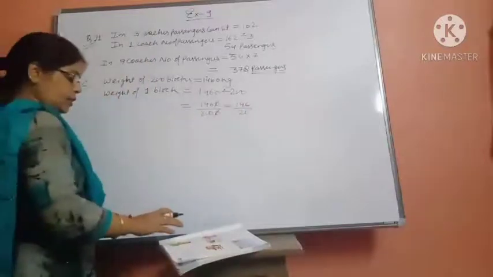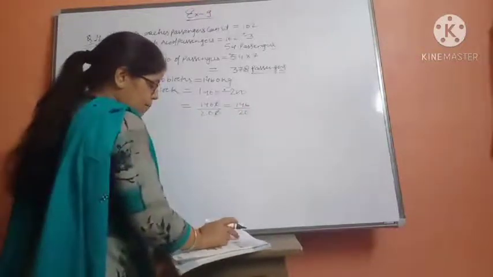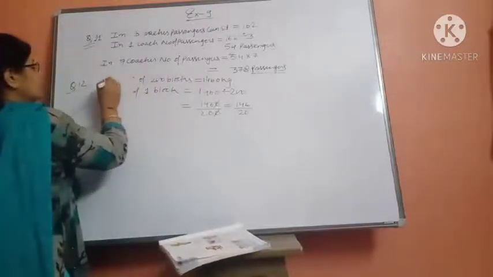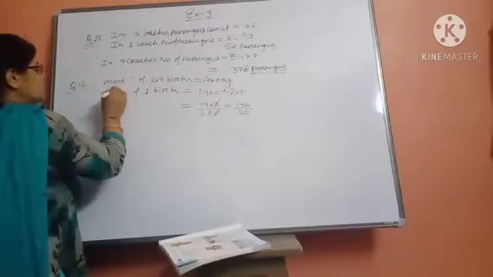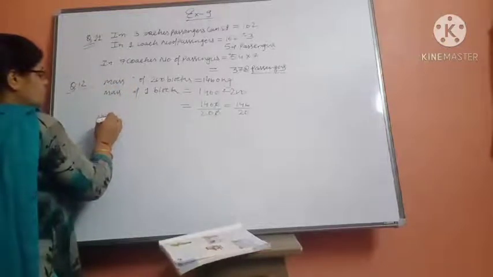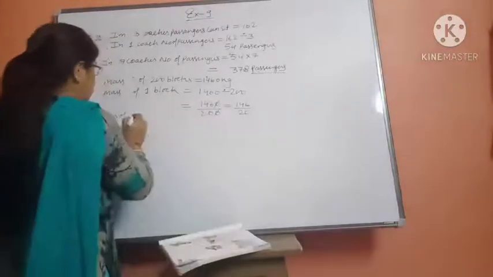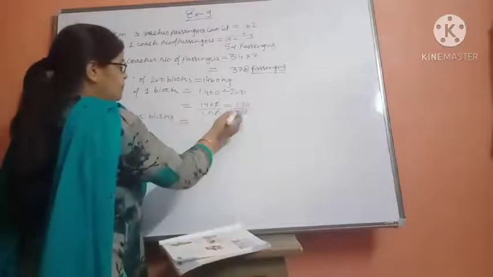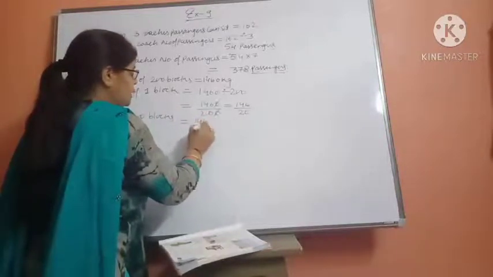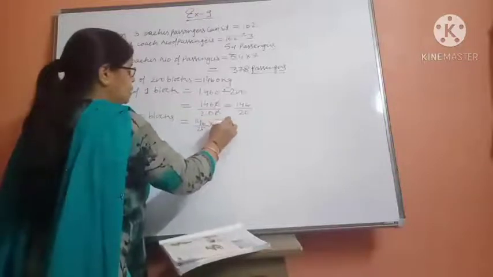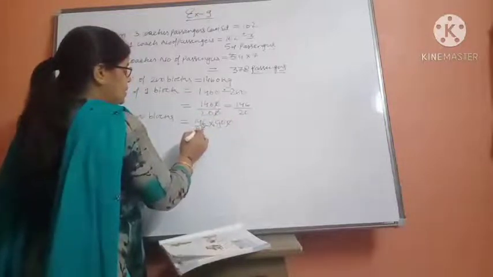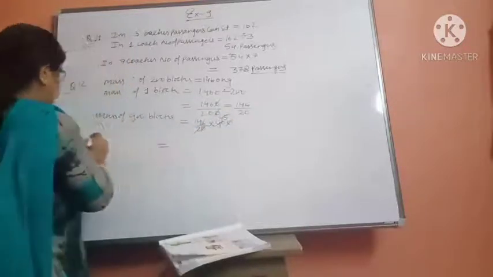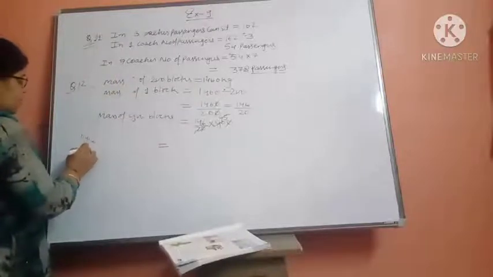So in the next part, what? Calculate the mass of 900. It is not weight, it is mass. So you just write mass here, and mass here also. Now what will you do? The mass of how many blocks do you have to calculate? 900 blocks will be equal to, multiply now. So 146 upon 20 multiplied by 900. So this and this will be cancelled, 45 times. Now multiply them. Okay, 146 multiplied by 45.